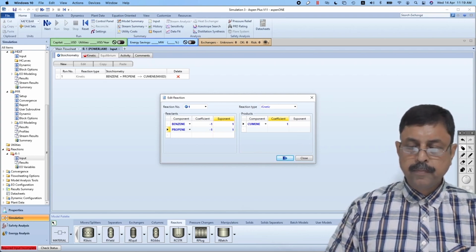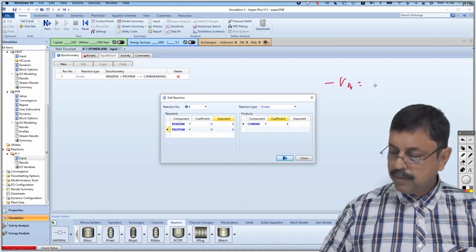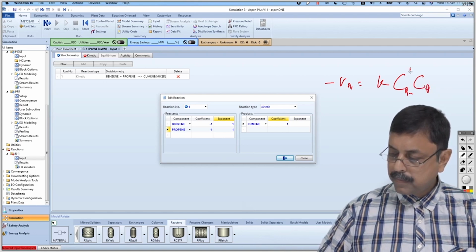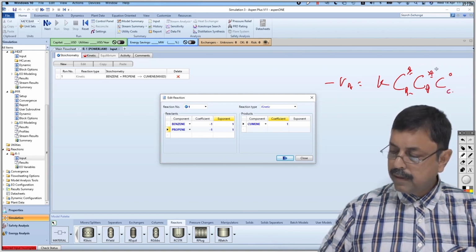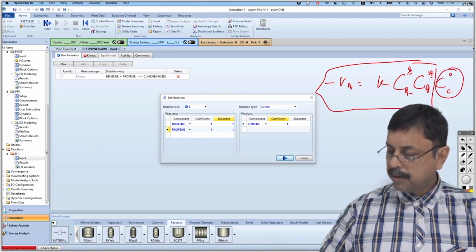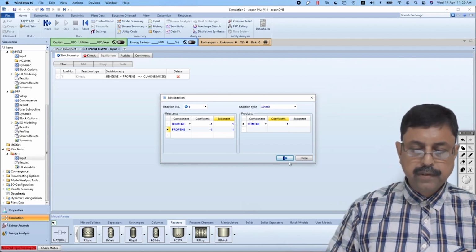This exponent is 0 because actually the reaction rate is equal to K into concentration of benzene into concentration of propene. It is 1 only, so we are not writing anything. But concentration of cumene is 0. That means this reaction rate does not depend upon the concentration of the product. So we do not write any exponent over there. Okay, so the first reaction is set,